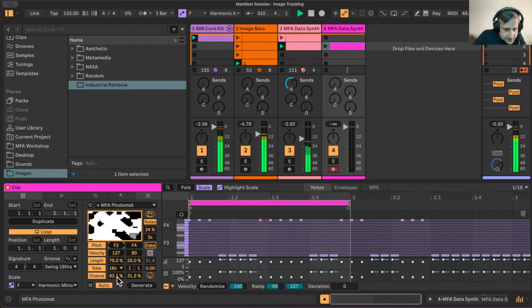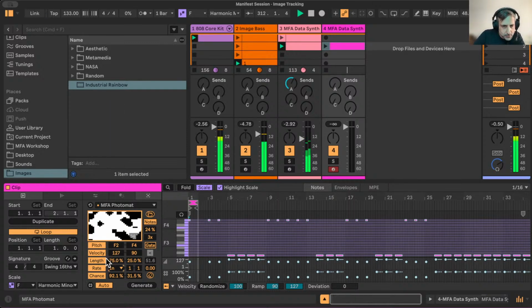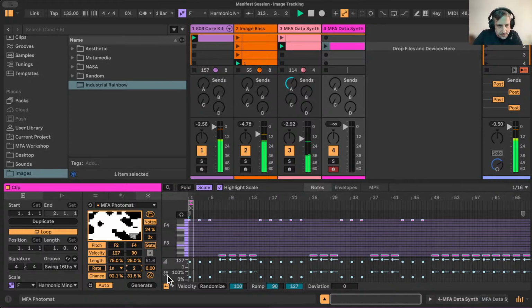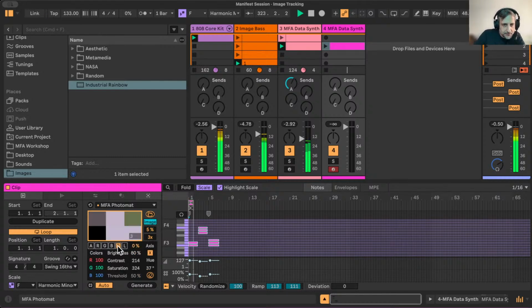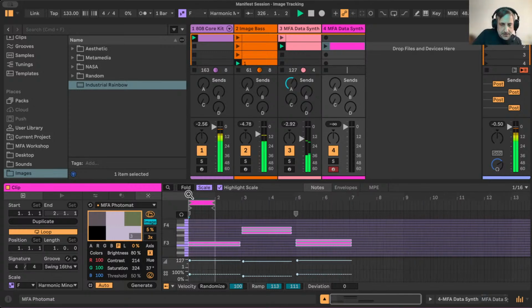range, and let's set it to whole notes, two bars long, right? And I'm going to go really low resolution because at the end of the day I'm looking for like 1 or 2 chords here, and I'm still in luminance mode, right? So it's not really doing any chords. But if I go to P, this is the polyphonic mode, which harnesses the red, green, and blue color channels,